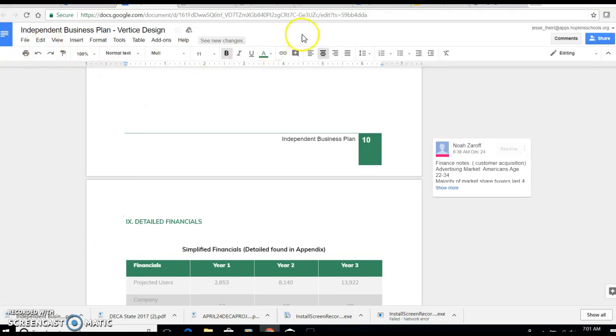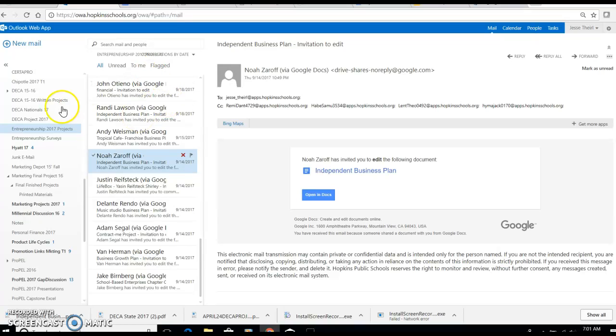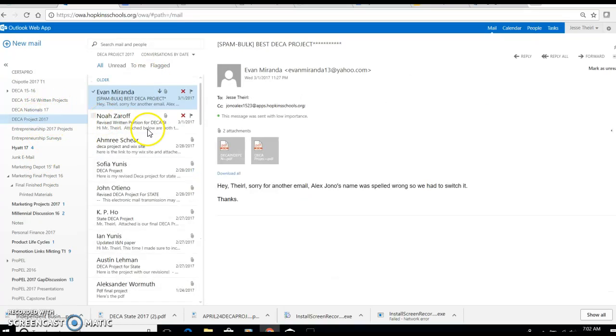Next, you'll do that same thing with your table and title pages, and you'll just save that in a separate document. When you're finished and have them both saved as a PDF, what you'll do is go to your email and open up a new email. You're going to attach both your main